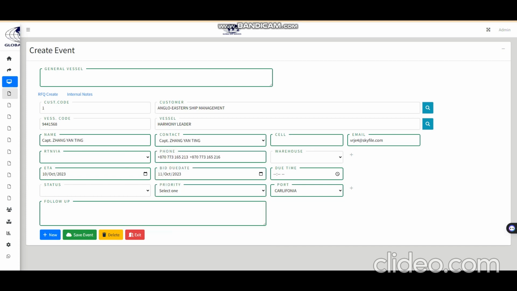If I select the contact, then his name, email, or phone are taken from the contacts setup. Where you can select a warehouse or add a warehouse from here, like this, port and ship ports. Then after you save the